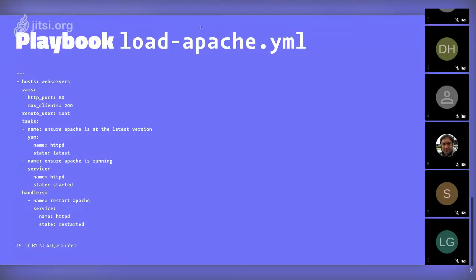Variables can be specified by the environment that you're setting this up for. So you can set up multiple pass-throughs of variables where you can say, hey, I have,